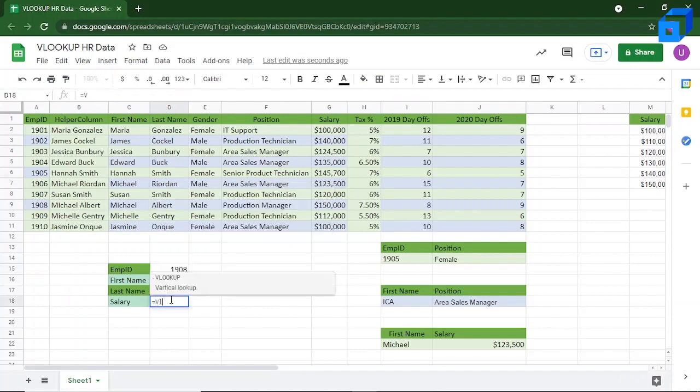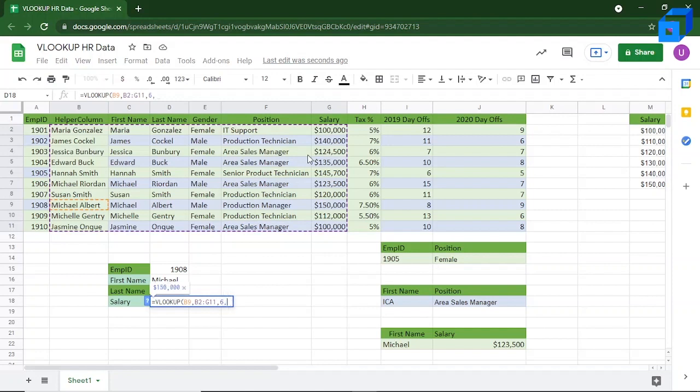VLOOKUP of, since we want to look for this value, it will be Michael Albert, this column, and the range we want to search is over here, and the column index will be 1 2 3 4 5 6.